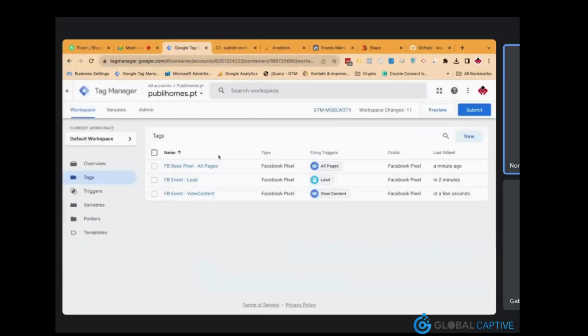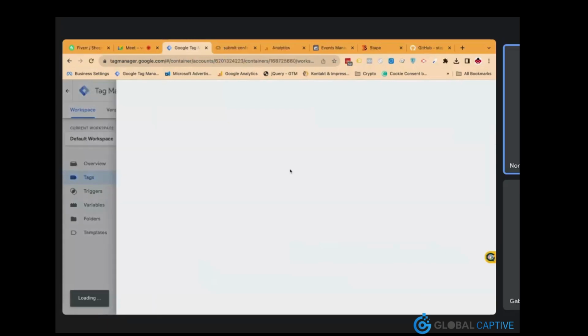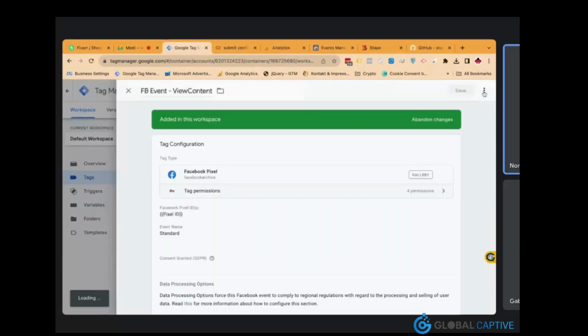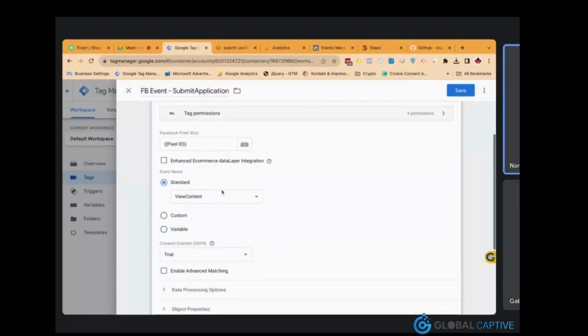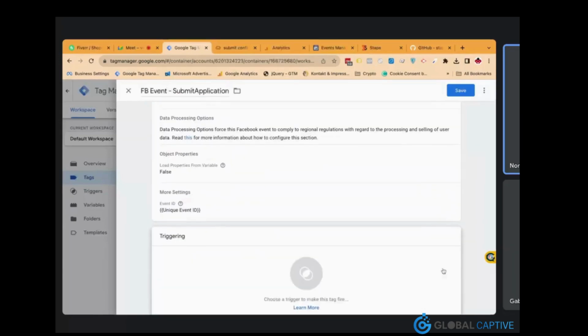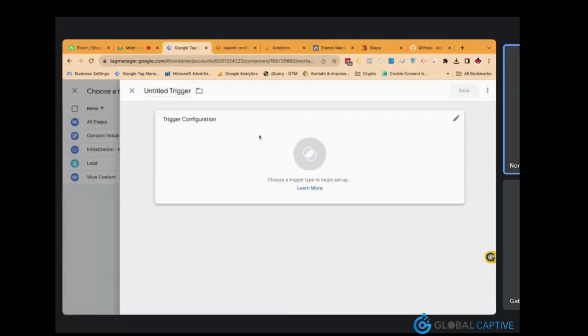So I go back to Google Tag Manager and I'll duplicate this tag, copy, and then I will duplicate and rename it submit application. And from here, I will change this submit application. And then here, I will rename this to